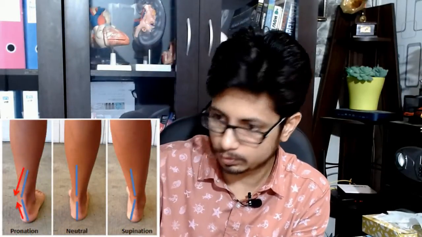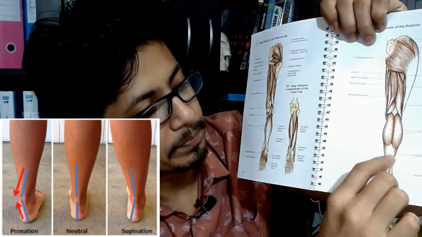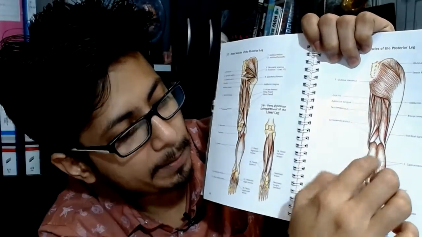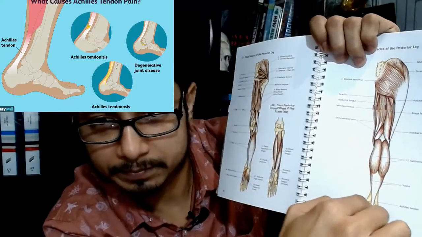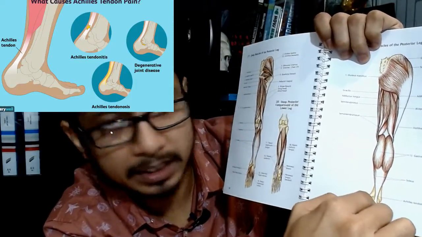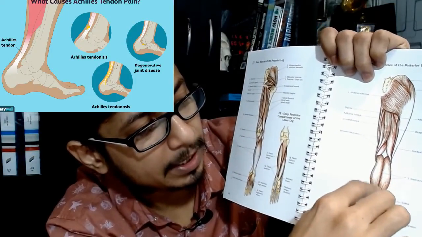So here in the Achilles tendon, what we are going to talk about is our foot. Consider our foot. See, this is the picture you can see. This is the Achilles tendon. This is the calf muscle of your body, and this is the tendon, the white colored Achilles tendon, and this is the joint, the heel bone. This Achilles tendon is actually connecting the heel bone with the calf muscle. So if you contract the calf muscle, your heel will go up and down. So it's required for the heel movement. We can move the heels like this or up and down like this, and the Achilles tendon helps us to do that.